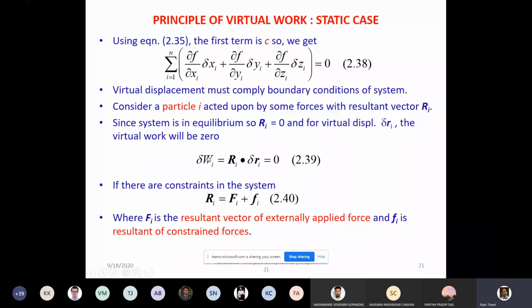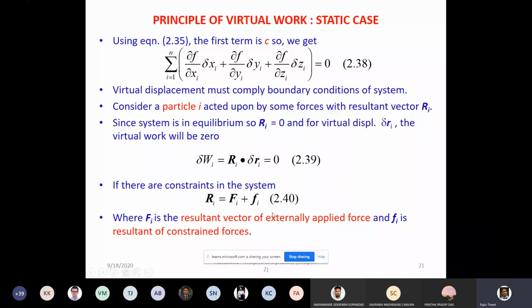Let us see this resultant force vector R. The resultant force vector can have two components: one is the external forces F, and the other is some kind of constraint forces or reaction forces Fi. So I'm splitting the resultant force into external force plus reaction or the support forces. If we substitute this in this equation and multiply with delta R,